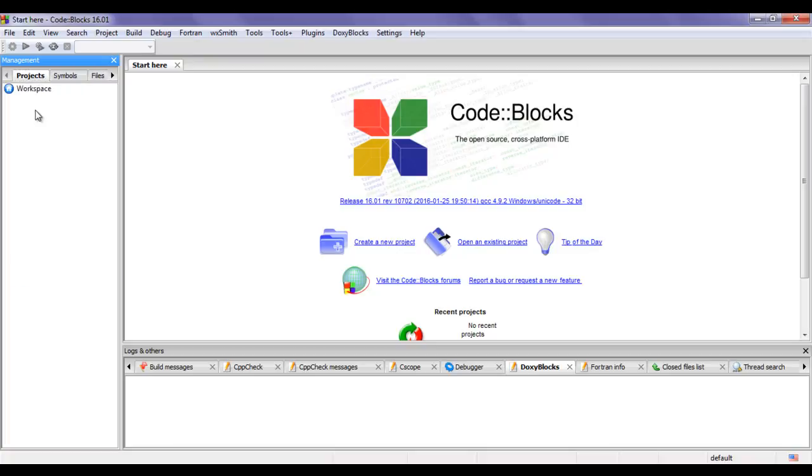You can see within this projects tab we see the different projects or list of projects with which we will be working. Okay, hope you guys have clearly understood what we can do with the management panel. Here in the middle the start page is open. The start page has the title Start here, the same title you see here.